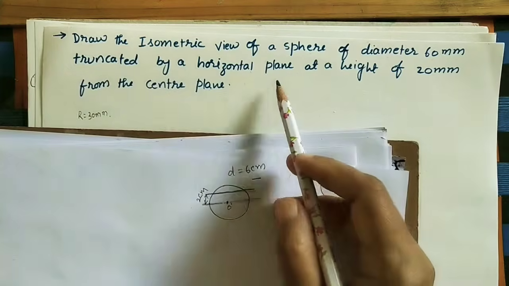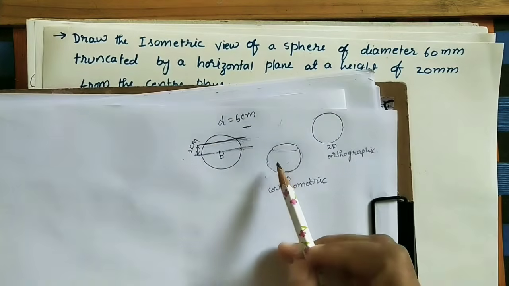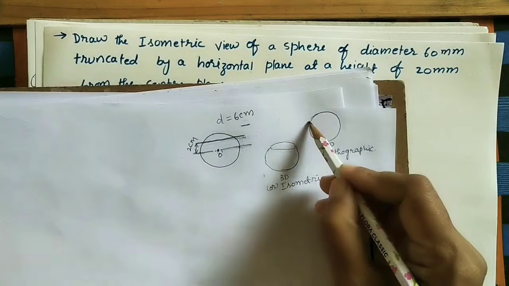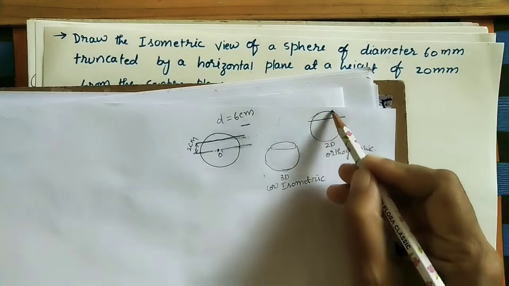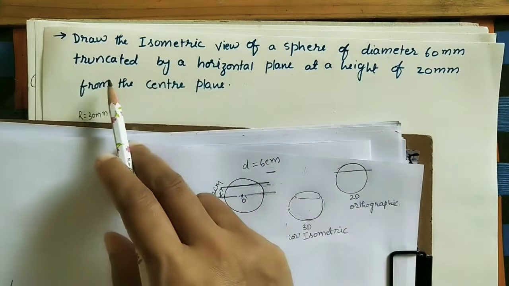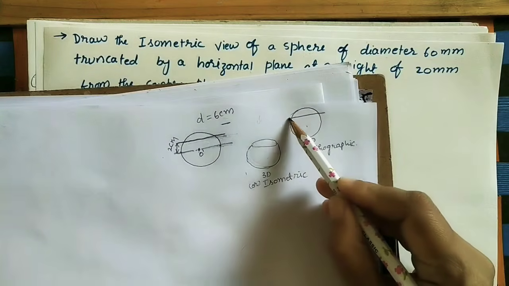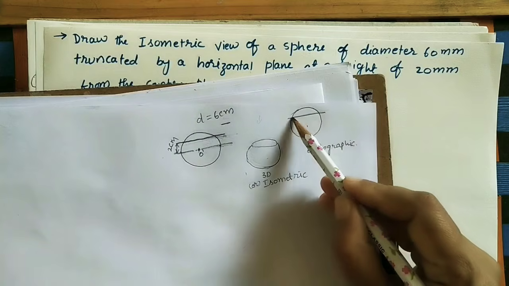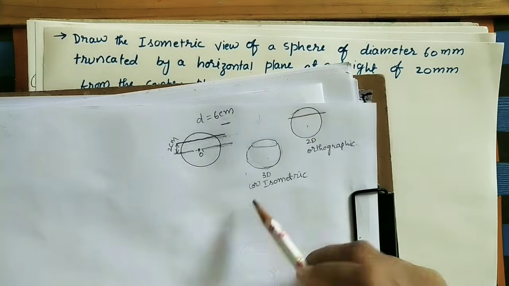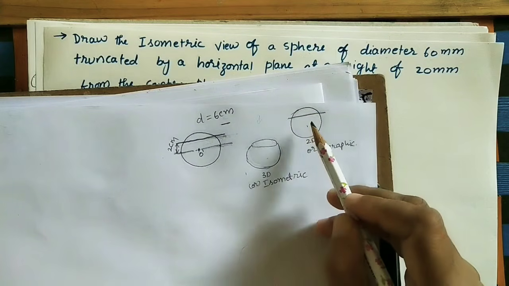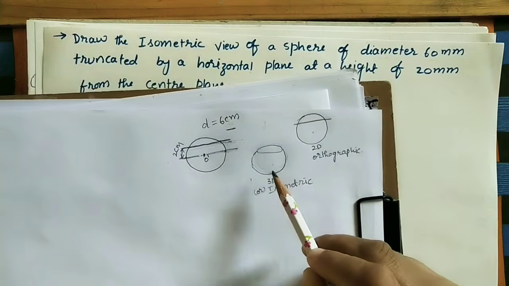Here in the given question, one horizontal plane will be there. If you are taking the horizontal plane, this horizontal plane is removing this surface. Here it has given it is truncated by a horizontal plane. From the center at some distance, one horizontal plane is there. This horizontal plane is removing this part of the sphere. If you are removing this part of the sphere, how is the remaining part looking in a three-dimensional diagram?